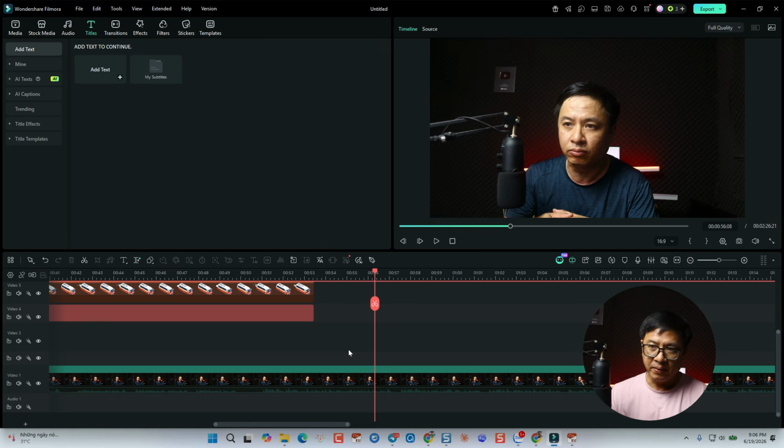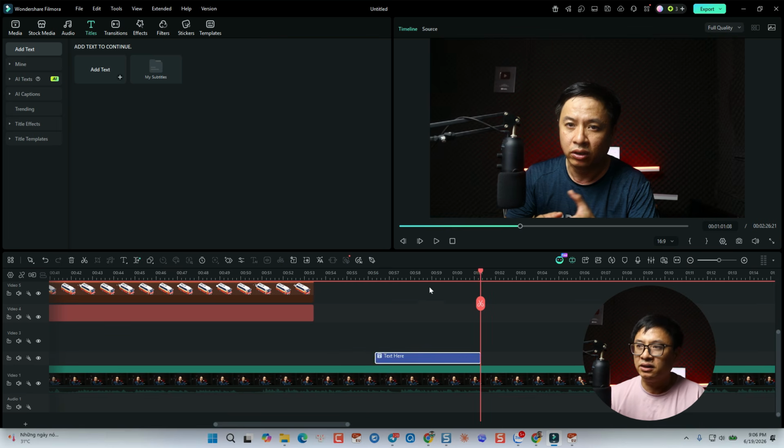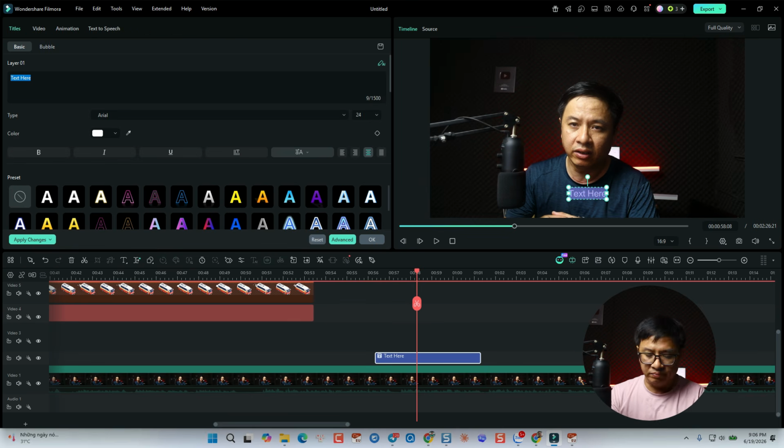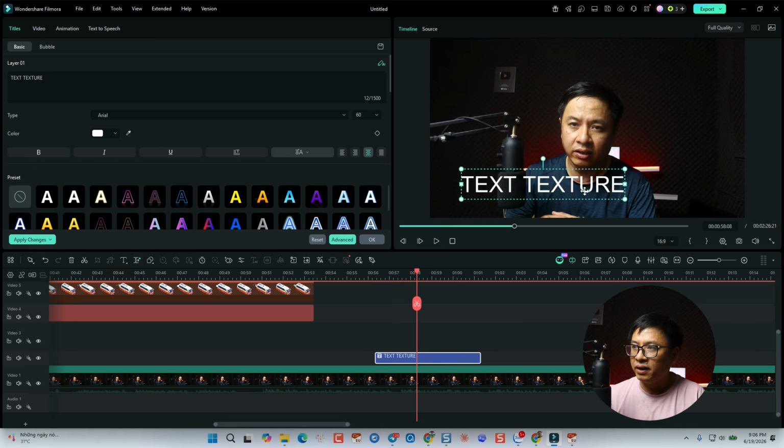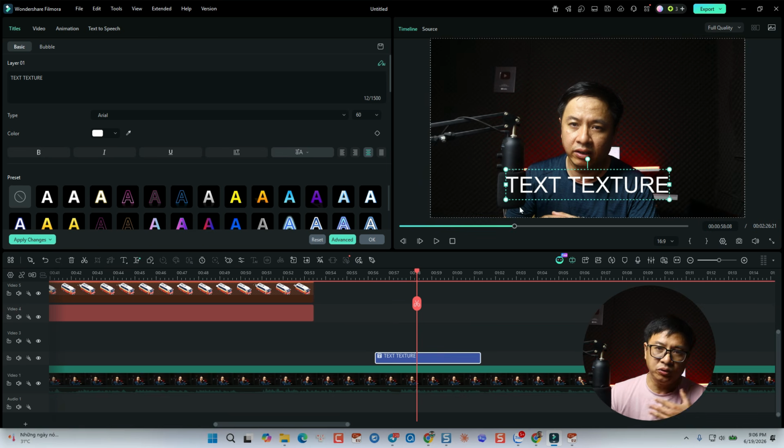Okay, so that is about the pen tools. And I remember that I mentioned the text texture also, right? So now if you want to add texture to your text, you can adjust the fill option of Filmora. For example, we can add new text here, and I can type texture. Okay, something like this, and we can make it bigger. Now this is a white fill, and if you want to change the texture by adding an image